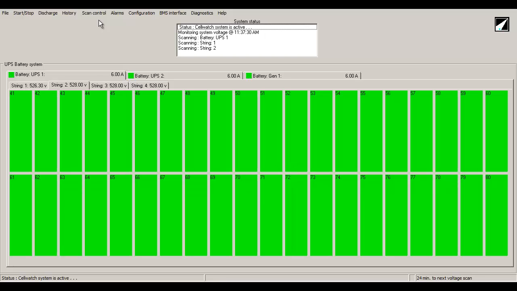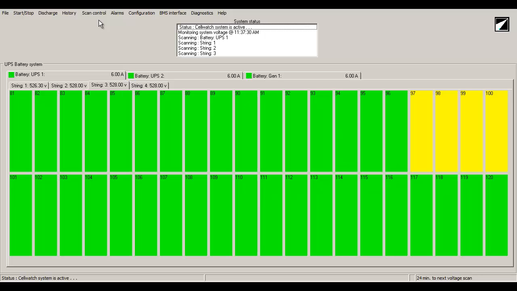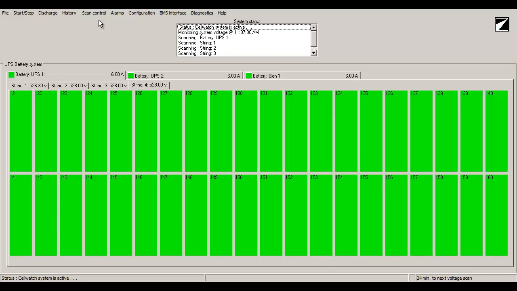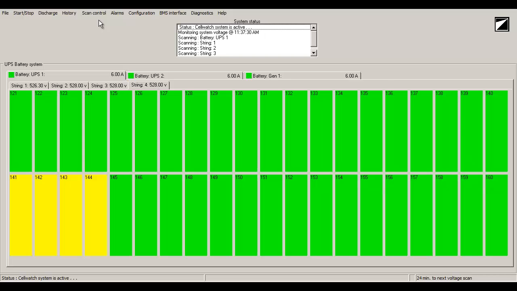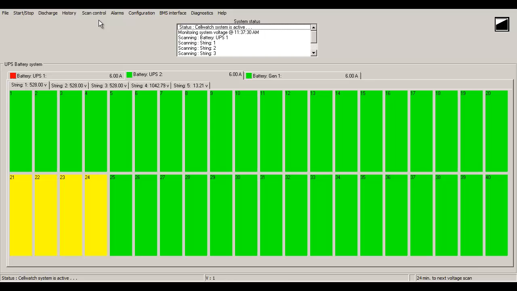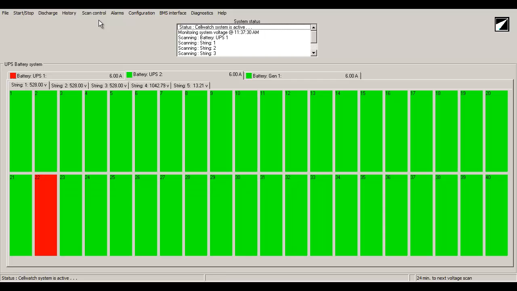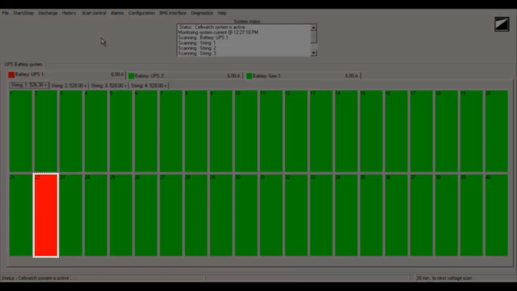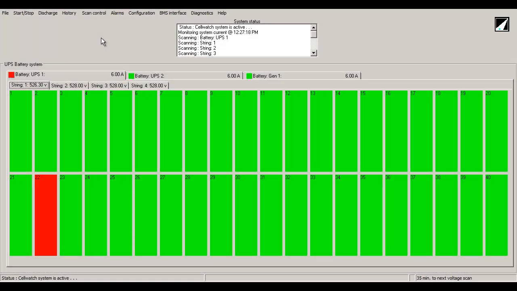When Cellwatch detects a condition in the system it believes is an issue with the battery, it will pause to run multiple tests before declaring a fault condition. The process of running multiple tests to make sure there is an actual alarm is extremely important. Cellwatch runs these multiple scans to ensure accuracy and to confirm there is a fault before reporting an error to the user. When a confirmed alert condition is found, Cellwatch indicates the alarm condition by changing the color of the element to red. Thus, Cellwatch makes it easy to locate exactly where the errors are and to isolate them in